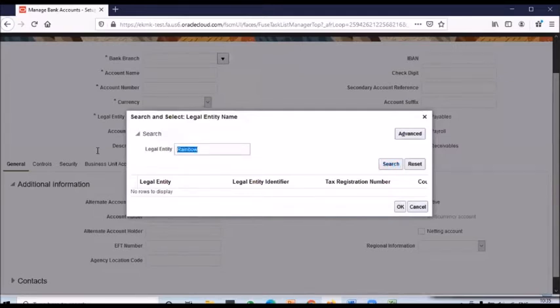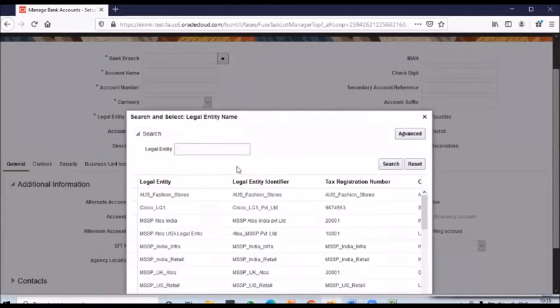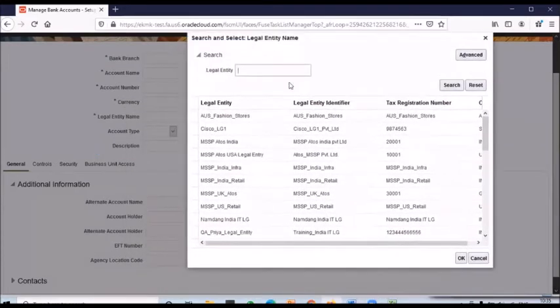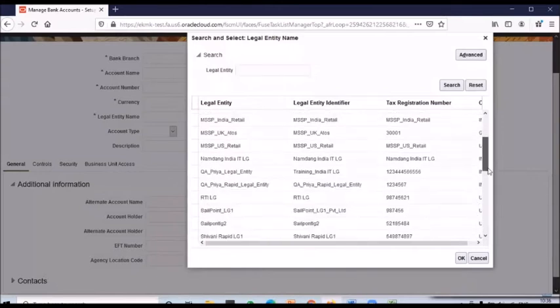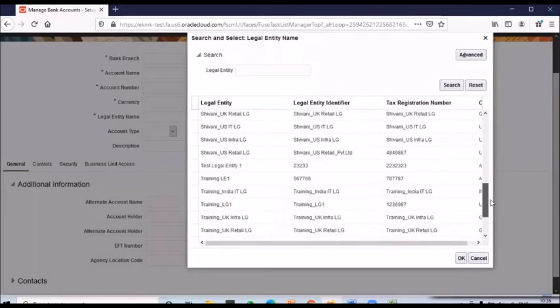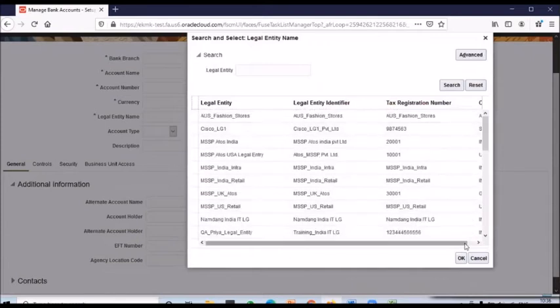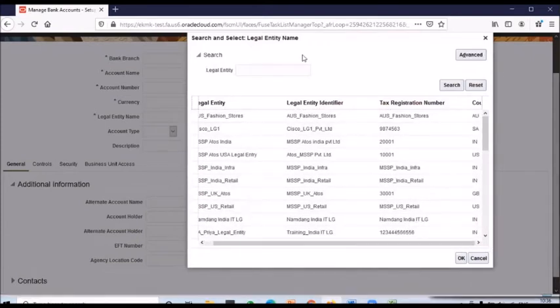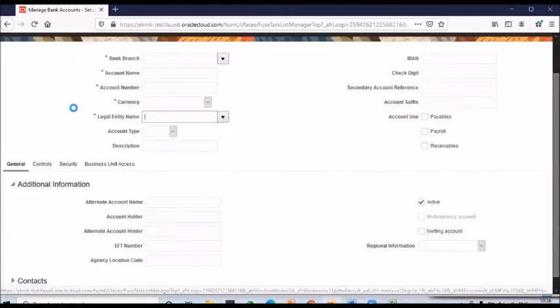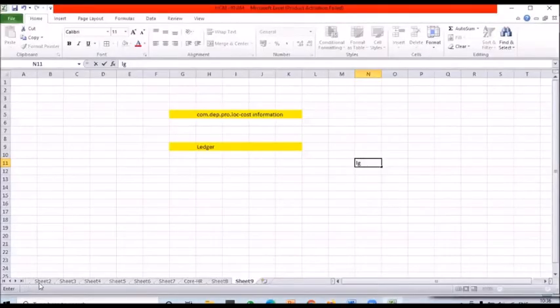But some other legal entities I'm able to see. Let me do a blind search. That means what are the legal entities visible here? These legal entities are shared maybe in some ledger. That's the reason they are visible. The moment you implement the payroll, this particular ledger book comes into the picture, but it's not a part of the core setup. But it is good to see at this level.